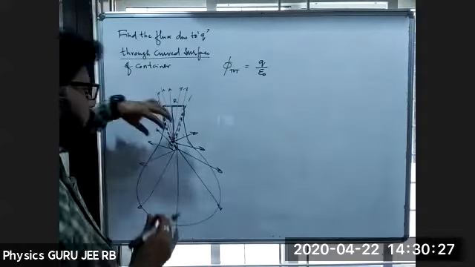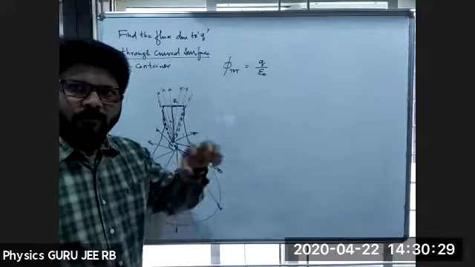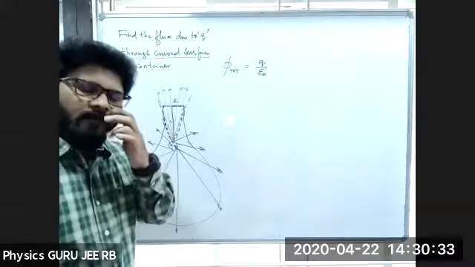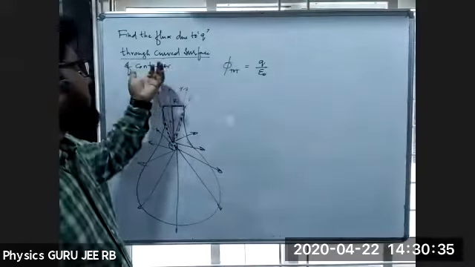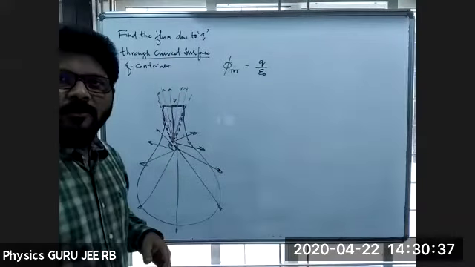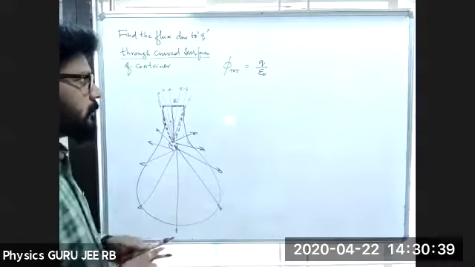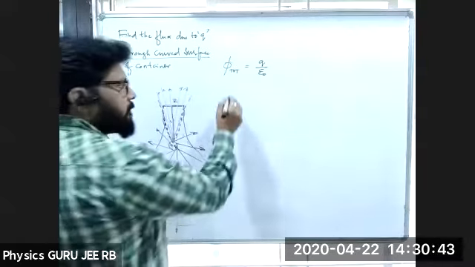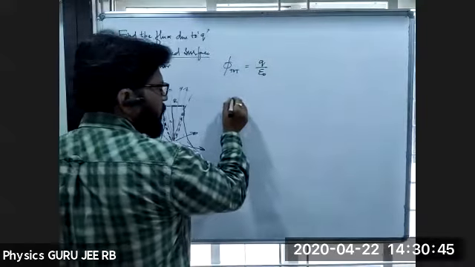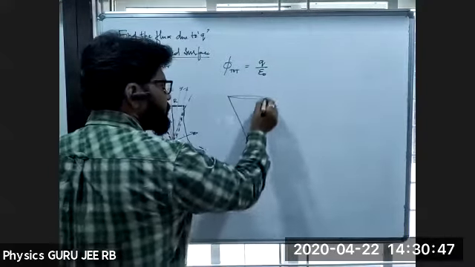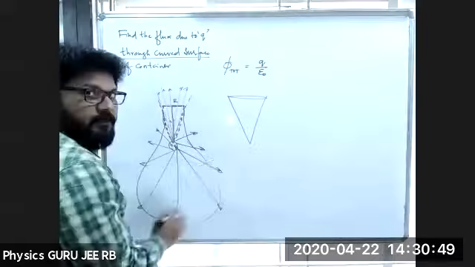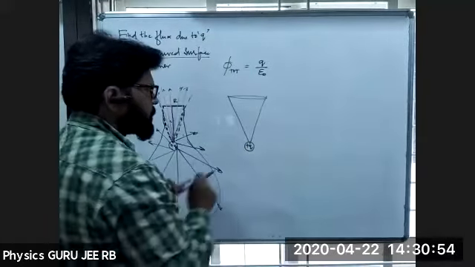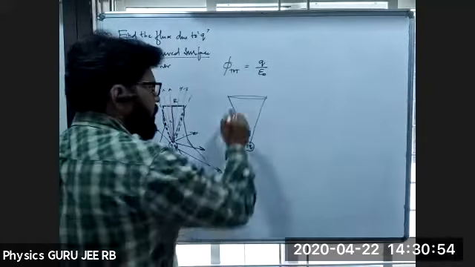So I should remove this particular part. If I remove that part, this flux to this curved surface will give us the flux due to the curved surface. So we want to calculate the flux of this removed part. How to calculate that one? Already we calculated. It looks like a cone. I'll take it outside now, so just cut and paste here. If I take this as a positive charge, the flux is coming out like this.